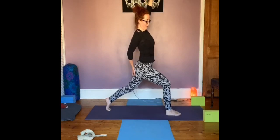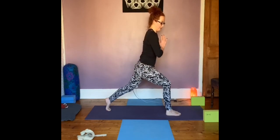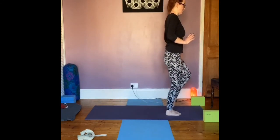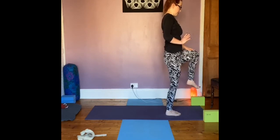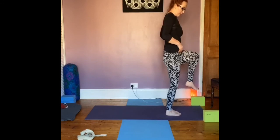Okay, nice. So what we're going to do now, we're going to take our hands away, lovely, and we're going to come into a standing head to knee position. So we're going to come off this back leg, push this back leg forward, see if you can use your balance and control, rooting to rise, strong, powerful standing leg. Bring this left leg to a 90-degree position, keeping our hips square. Now, the challenge here, folks, is